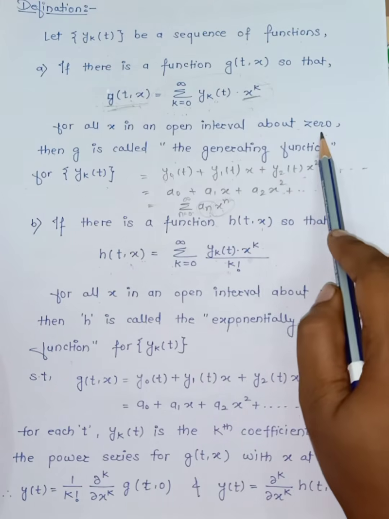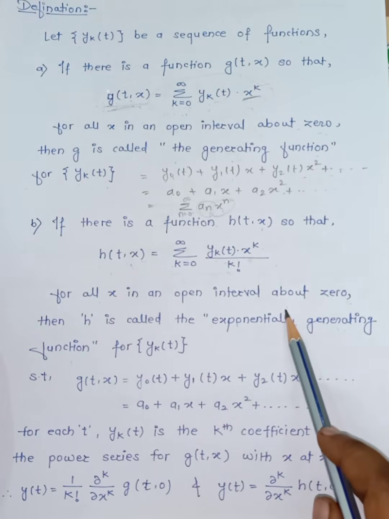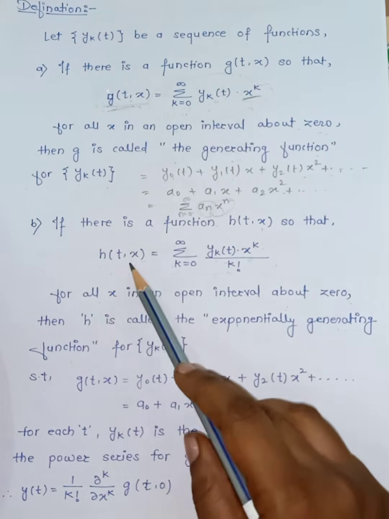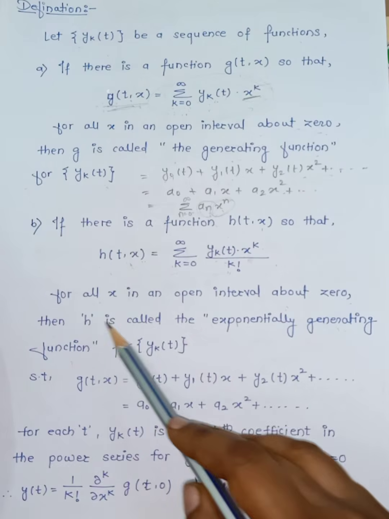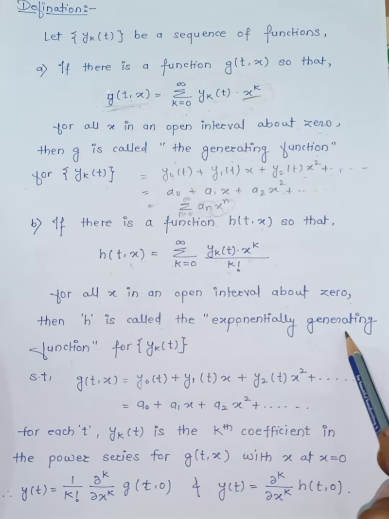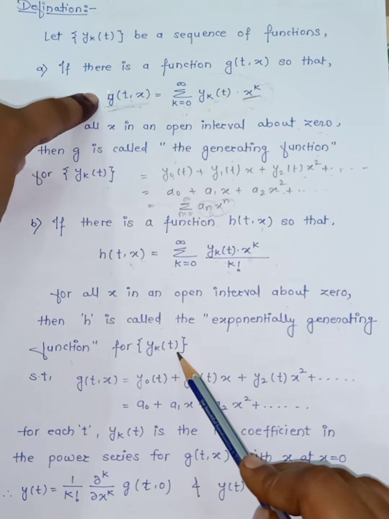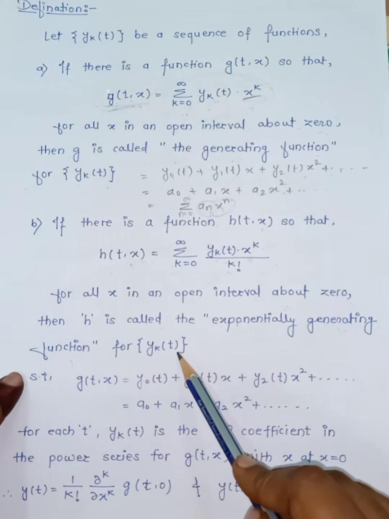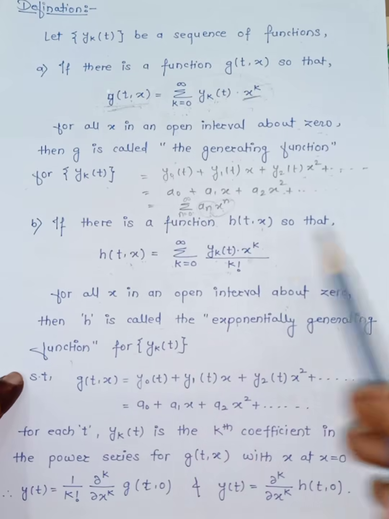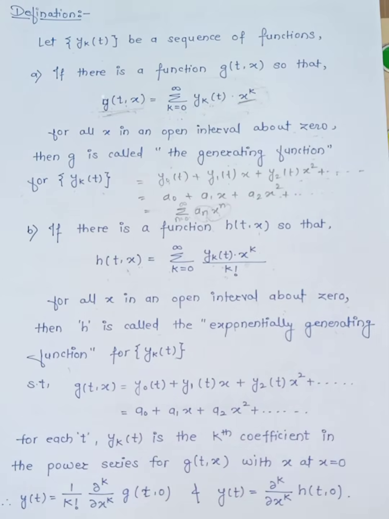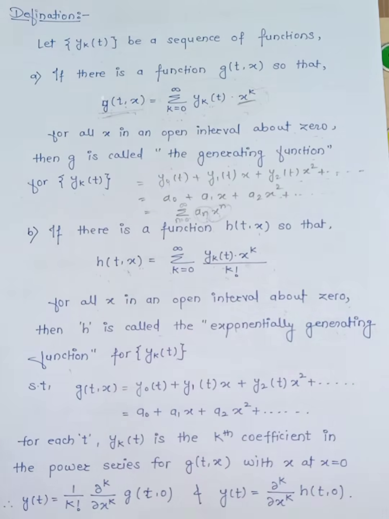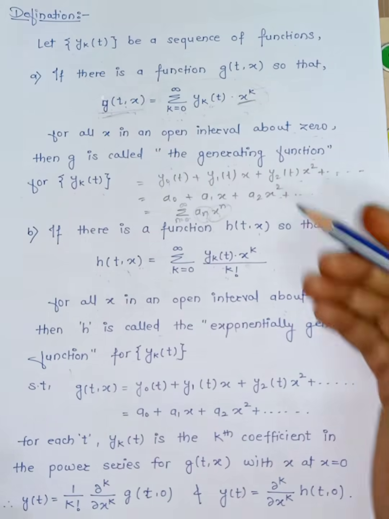Same here for 0, and here also for 0. Then this h of t x is called the exponentially generating function for y_k of t. Here g of t x was the generating function and this h is the exponentially generating function. That is your h of t x, this h of t x must be written in the form